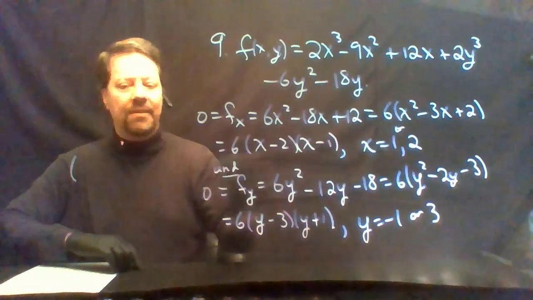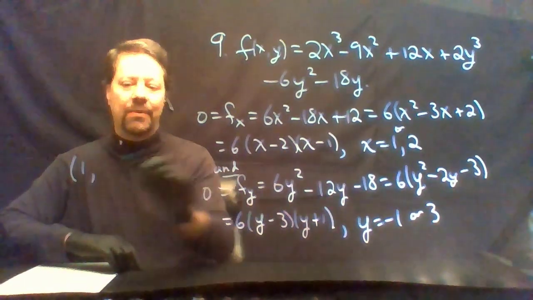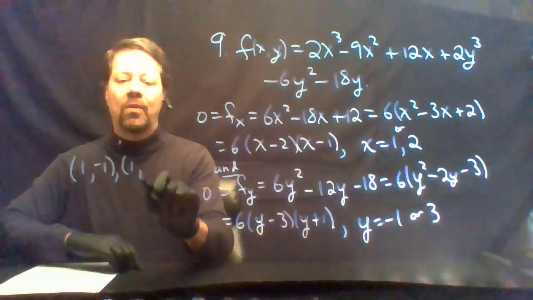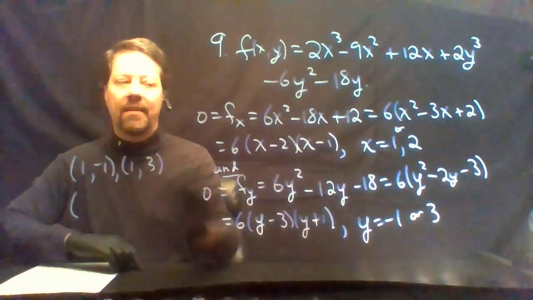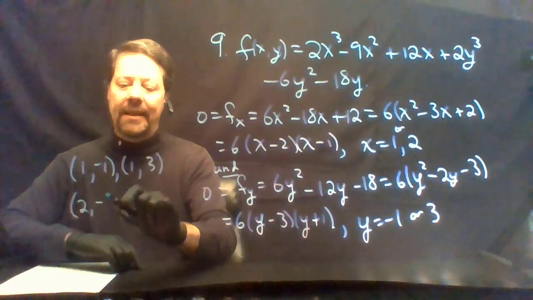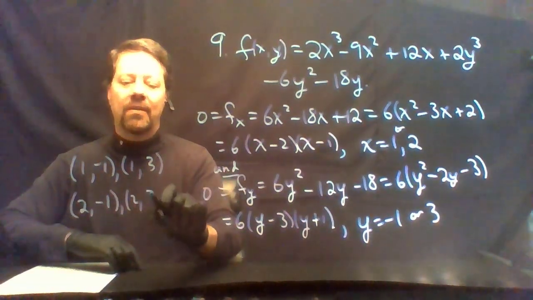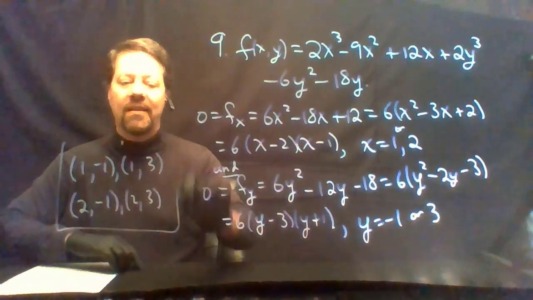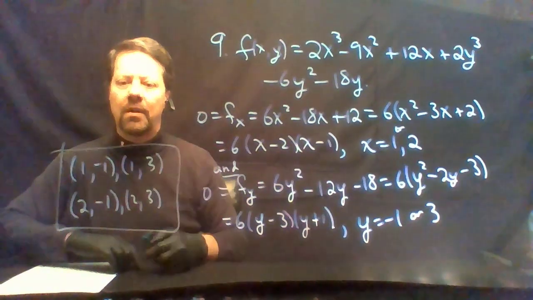So if x is equal to 1, we could have y equals minus 1 or y equals 3. On the other hand, if x is equal to 2, we could have y equals minus 1 or y equal to 3. This gives us 4 critical points